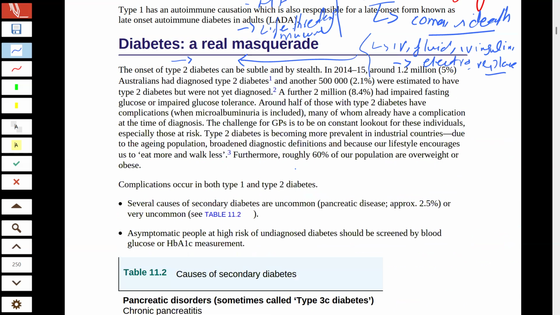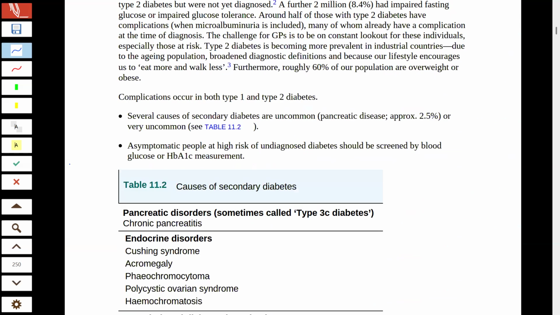Okay, now the things which are important. These are causes, you can read them in your own time, but the important one I am